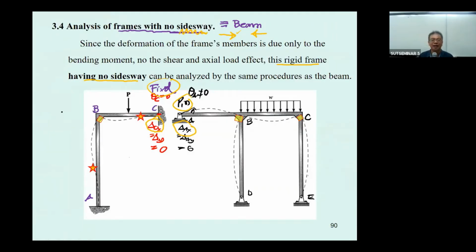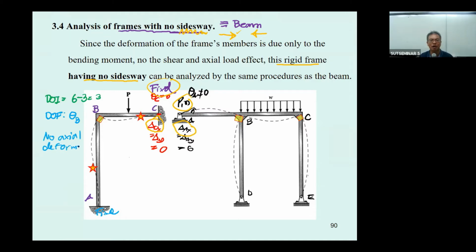If you come to analyze the problem, you may have the degree of indeterminacy of this one to be 6 minus 3, equal to 3. And if you do the analysis of the degree of freedom, due to the fixed support at A and C, the degree of freedom is going to have only theta sub B